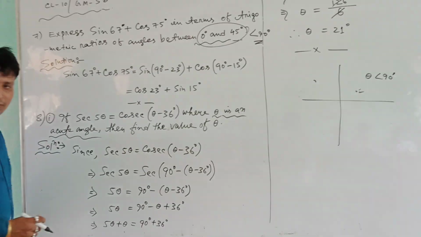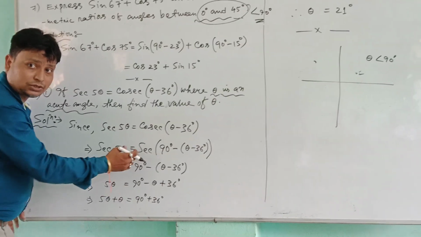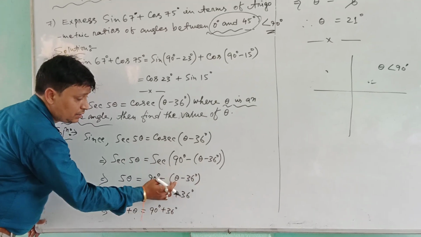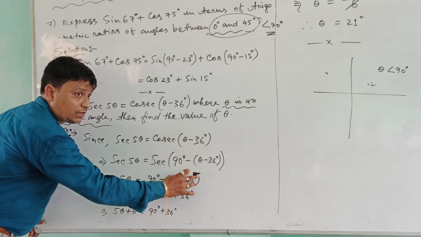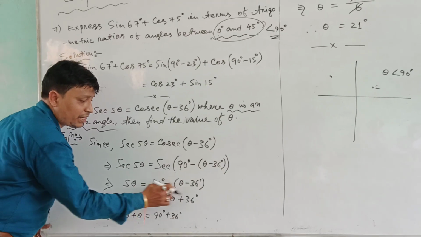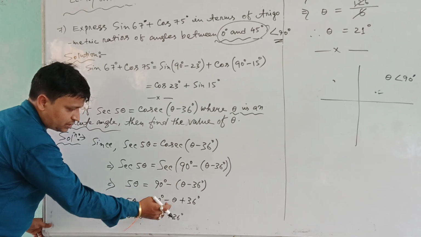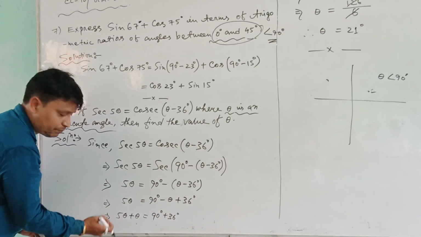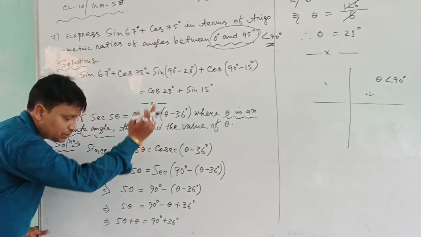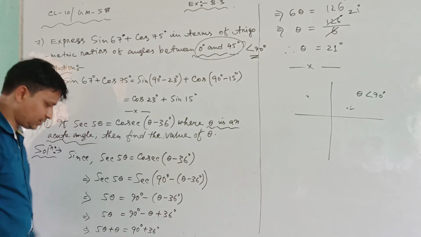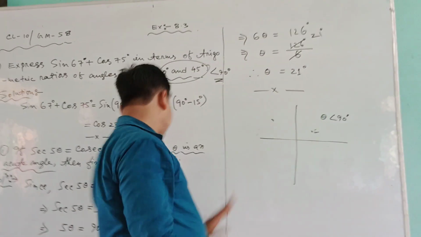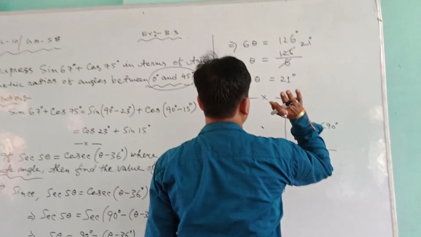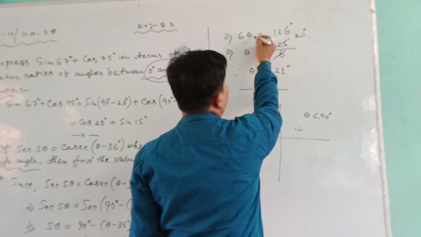Both sides have the same trigonometric function, so we can drop the function. So 5 theta equals 90 minus theta minus 36 degree. Think quadrant rules wise, this one is the theta. 90 minus theta minus 36, so minus into minus, plus. After that, you shift theta to the left side. Then 5 theta plus theta equals 6 theta, and 90 plus 36 equals 126 degree. So 6 into theta.